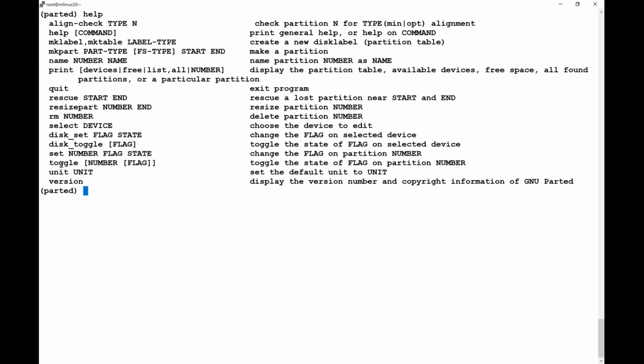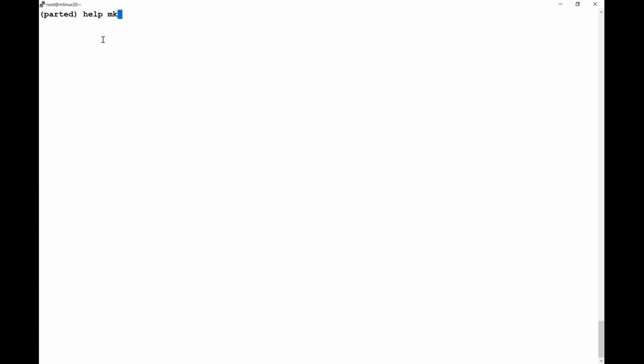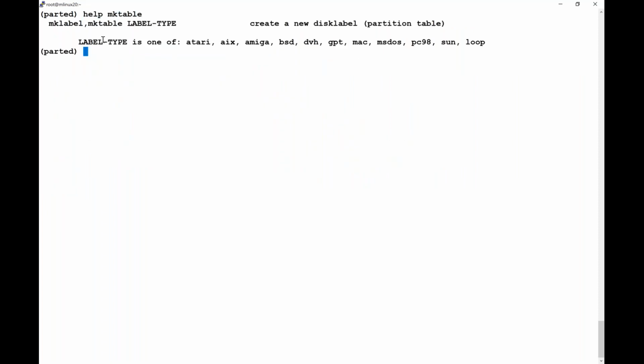Now, suppose you want to get help related to one particular command. For example, you have mktable. If you want to get help on that, you can say help mktable. So it tells you what the command is and how you can use it. So you can say mklabel or mktable with a label type. See, it is telling you that you can use all these types of label, but two are common: msdos for MBR and